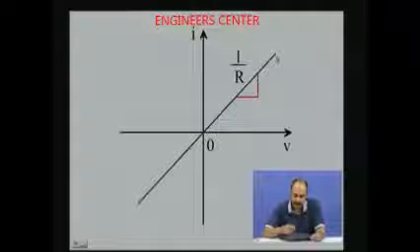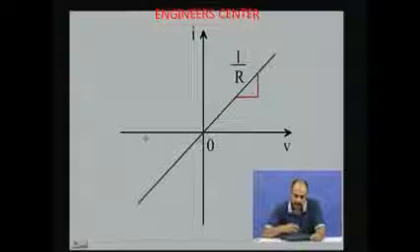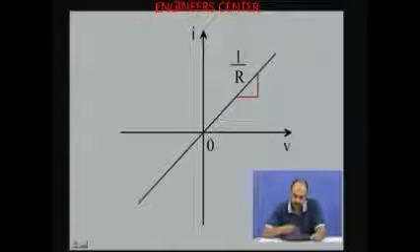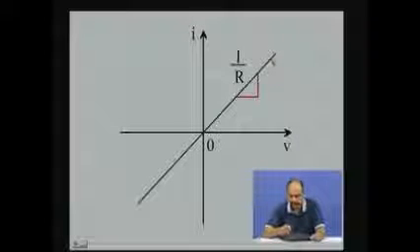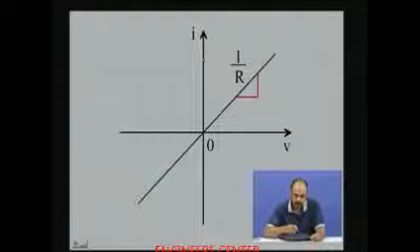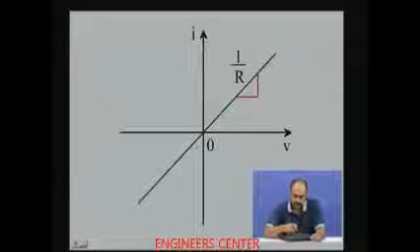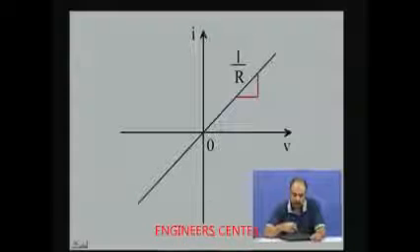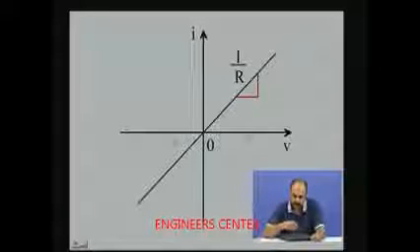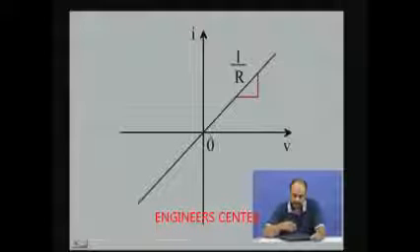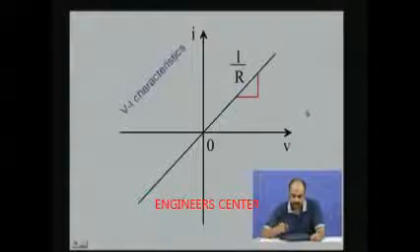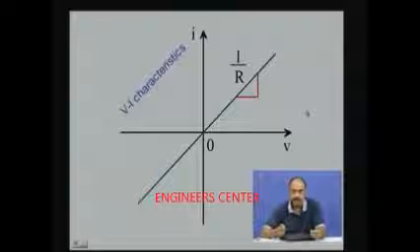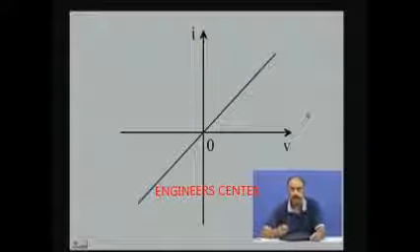On the other hand, if this resistor line is aligned along the V axis, that is the x axis, then R is infinite as the slope of this line is 0. So, we see that the resistor line can vary from short circuit along the vertical axis to open circuit along the horizontal axis, and in between it can take any value from 0 to open circuit. This is the VI characteristic of a simple resistor.